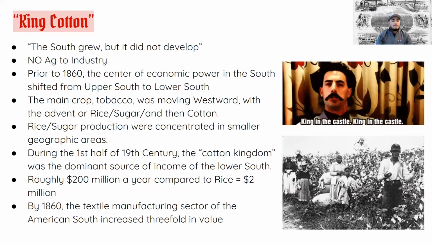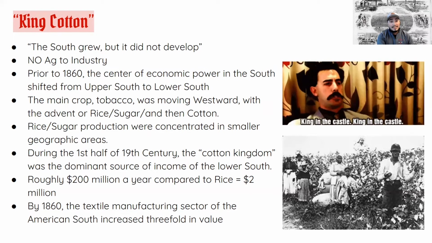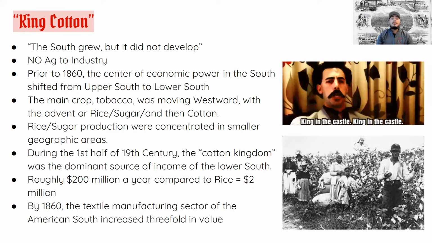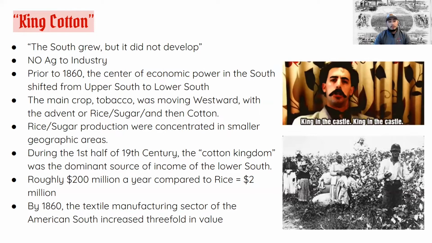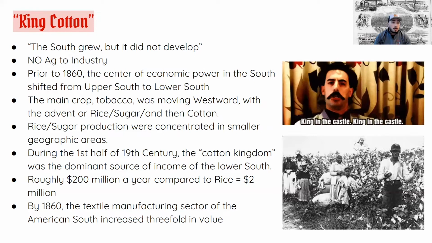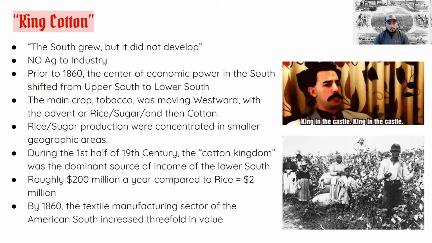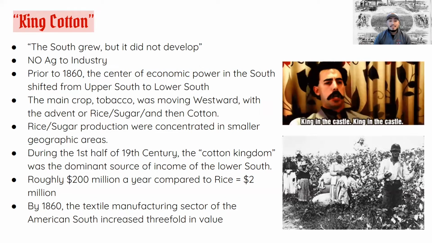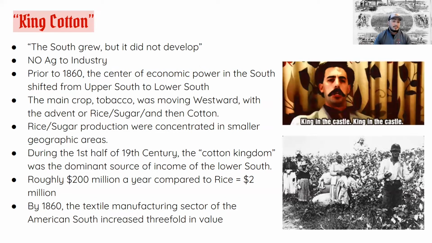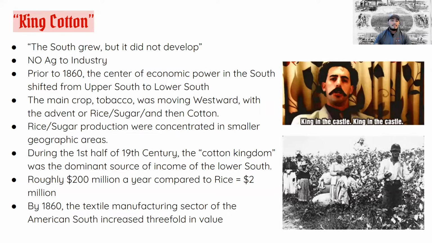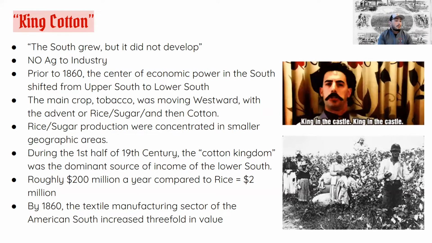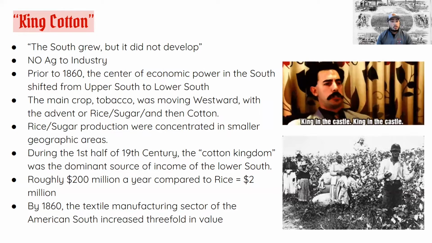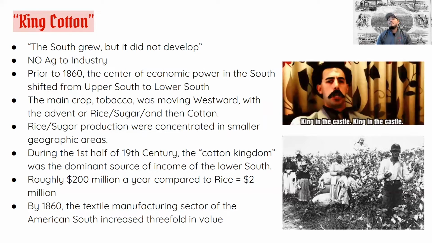Well, it's them not doubling down on industrialization. It's them doubling down on what they know, which is agriculture. The South is known for their agriculture. They are the economic powerhouse when it comes to agriculture and the export goods that America is producing for the world. We've mentioned a couple of these agriculture goods in the past. It's still the same things that we've mentioned. So tobacco, rice, sugar, especially cotton. These are the big things.